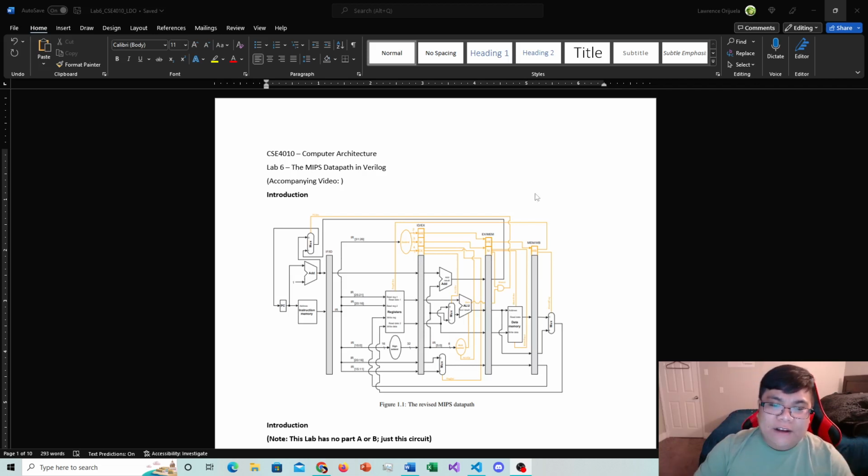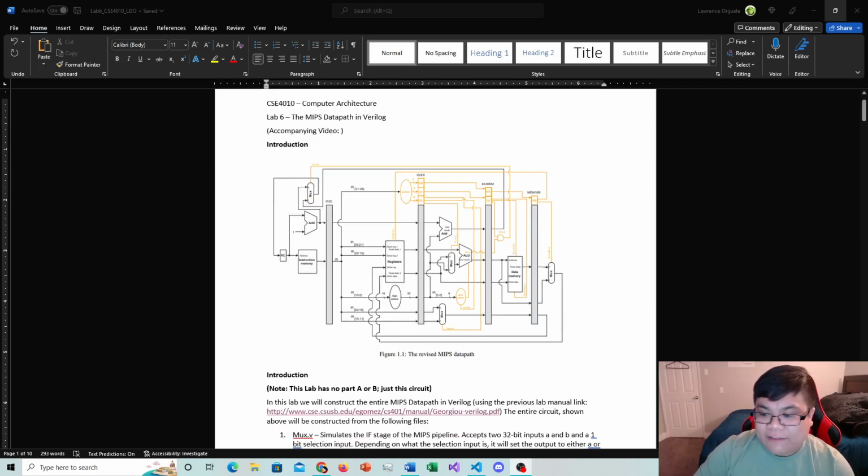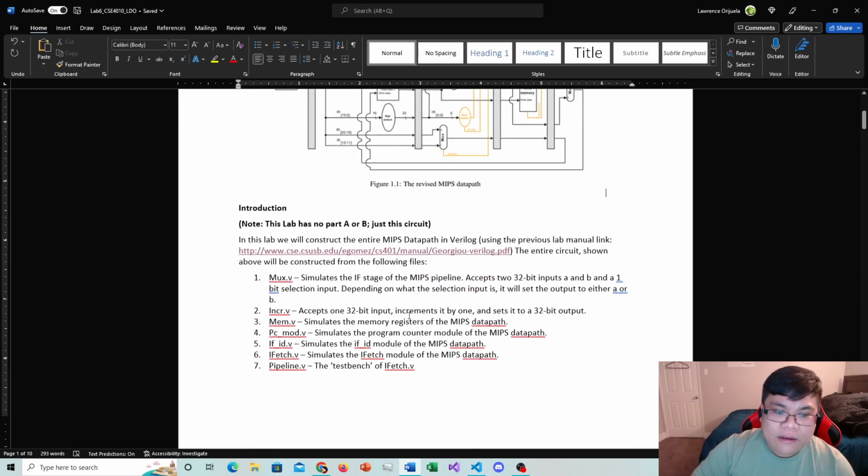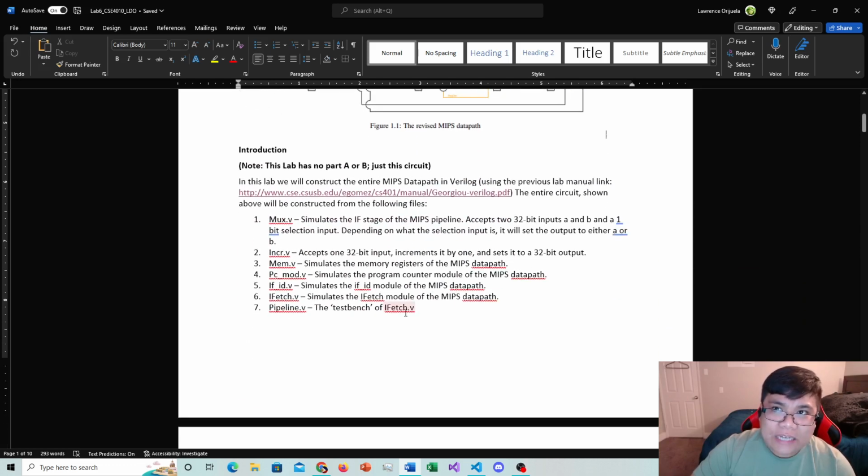Now, I know that this circuit here looks big and confusing, but don't let that intimidate you. I'm going to walk you through how each component of this circuit works one by one. Okay? So when it comes to this circuit here, I actually provide for you all of the code. So you're going to need